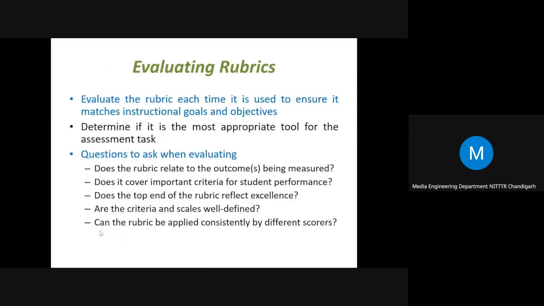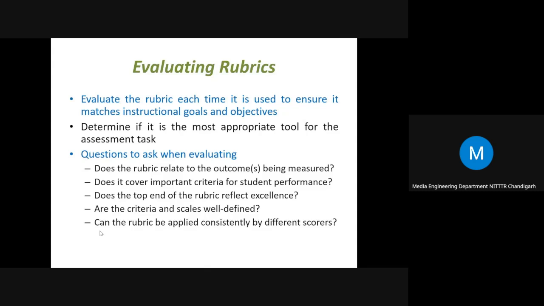Okay, so these were the steps for designing the rubrics. Once we have designed the rubric, it is used for evaluating and assessing the students. It is suggested that we should also evaluate rubrics periodically, whether they are giving the desired results, whether the assessment we are getting is as per the desired instructional goals or objectives, and whether it is the most appropriate tool for the assessment task.